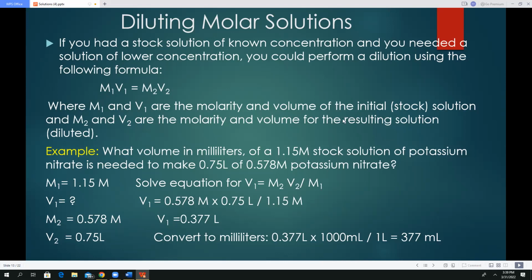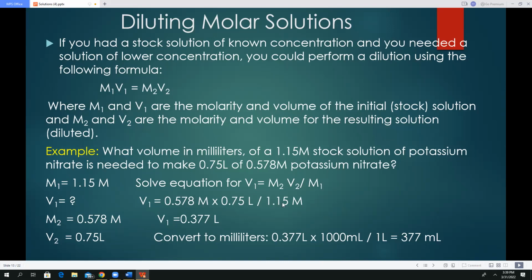And so basically the first thing is the initial volume and molarity, and the second is the resulting as you're diluting. So it says here, what volume in milliliters of a 1.15 molar stock solution of potassium nitrate is needed to make 0.75 liters of 0.78 molar potassium nitrate? Okay, so you need to do your equation and solve it for volume 1, which is what they're asking,